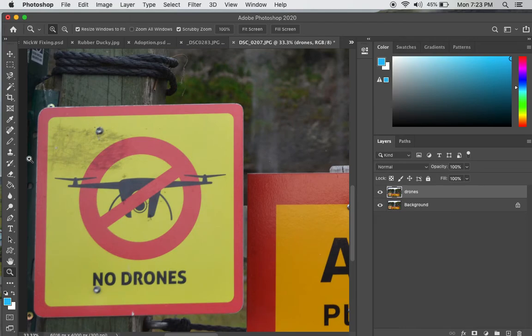Go over to my clone stamp here. I've got a pretty big area right here right now, so I'm going to hold down Alt. I'm going to get this area, and then I'm going to cover up here. Then here, hold down Alt, get this area, and then right about there. Then once again, Alt, here,